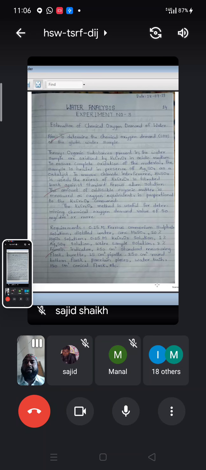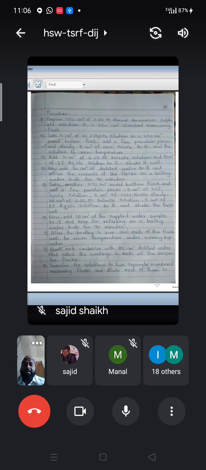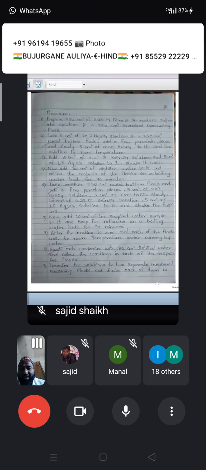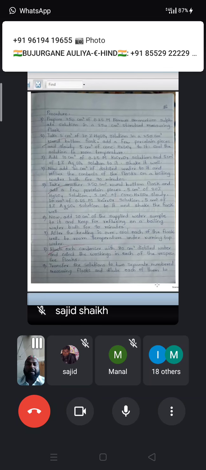Then we will come to the procedure. First of all, we will prepare the 0.25 molar ferrous ammonium sulfate solution in the 250 cm cube standard measuring flask. Take 5 cm cube of the 20% Ag2SO4 solution in a 250 cm cube RB. RB is nothing but a round bottom flask. Add a few porcelain pieces and slowly add 5 cm cube concentrated H2SO4 to it. Then cool this solution